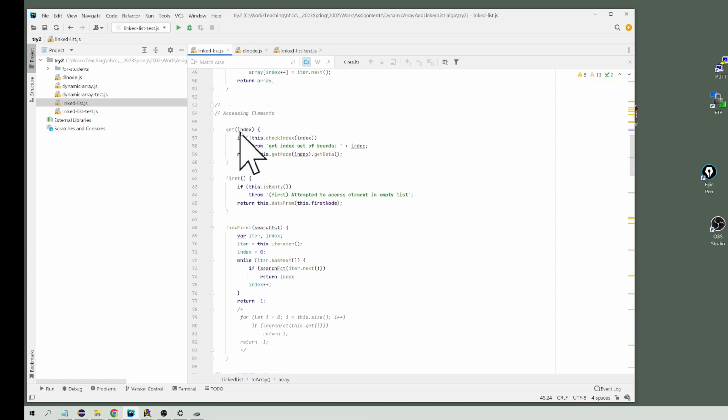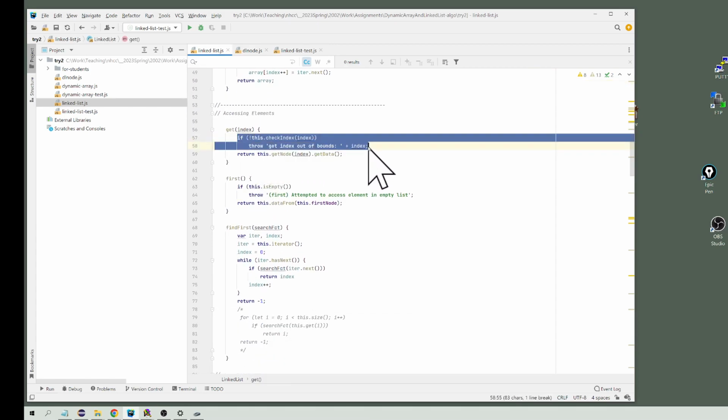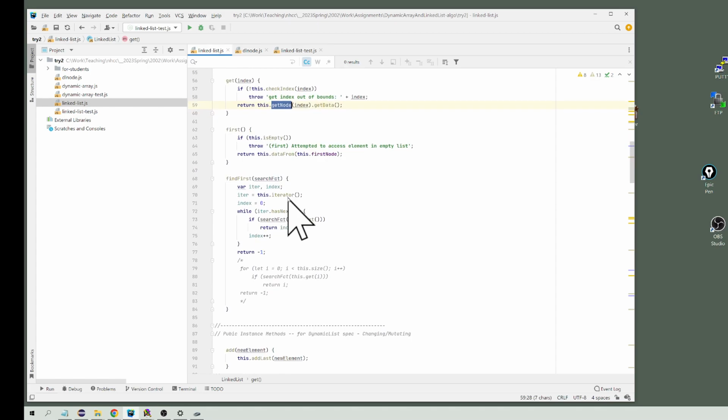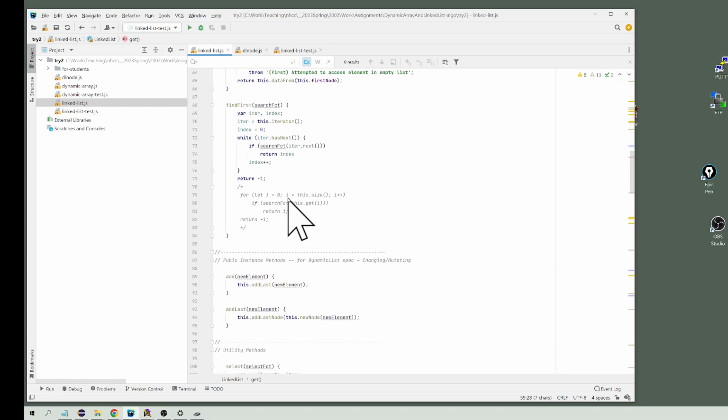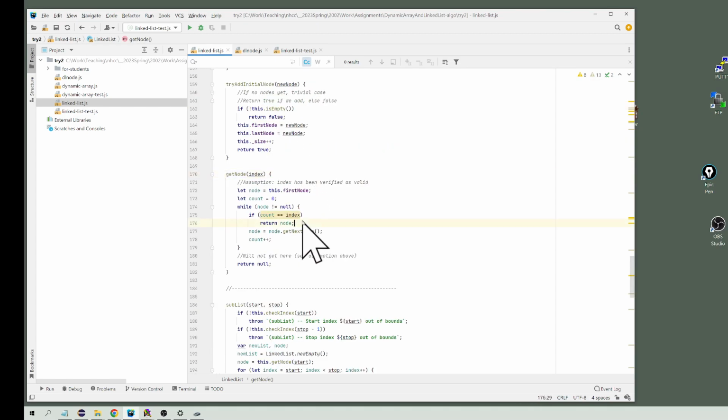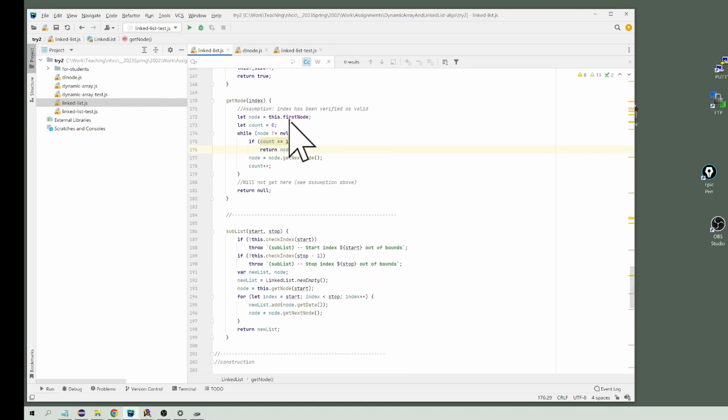The get method is real simple. We do an exception handler check here, just checking the index, but for the actual logic, we're just going to get the node and get the data from that node. So the get node method is a helper method. I love helper methods. Makes our code simpler, I think. If we go to the get node method, we will see here we're getting the first node at an index, and we're setting the count to 0, and we simply